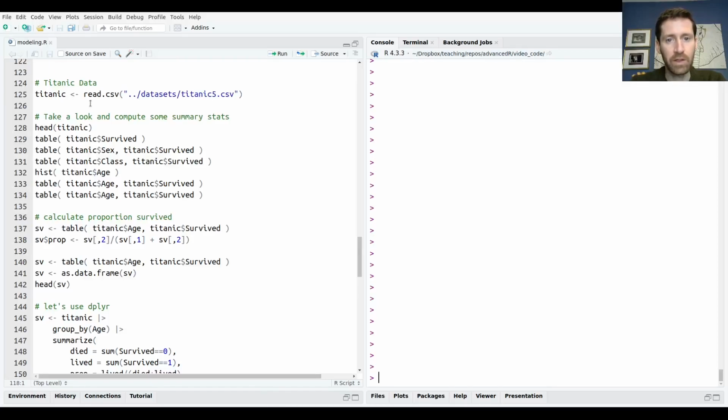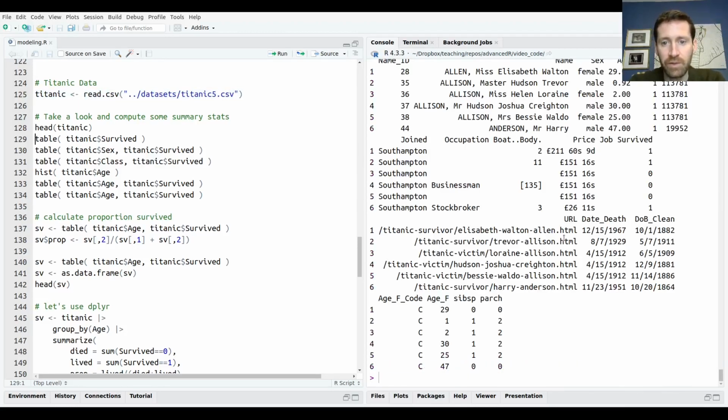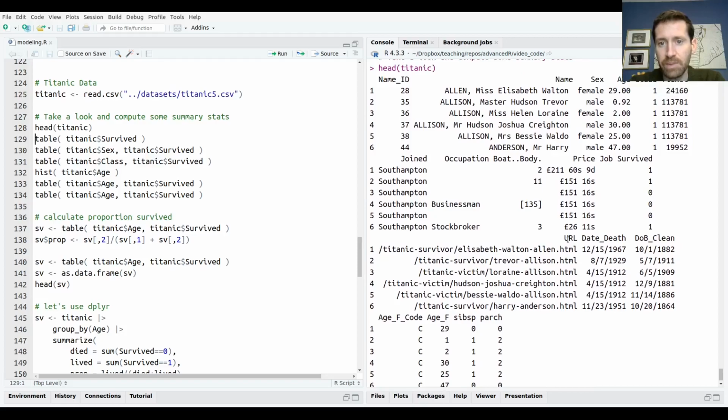Okay, now we're going to look at a different data set, so we could do some logistic regression. The data set is, well, let me just read it in and show you. It comes from the Titanic ship disaster. Each row of the data set is a passenger on the ship, and it has various information about the passenger,